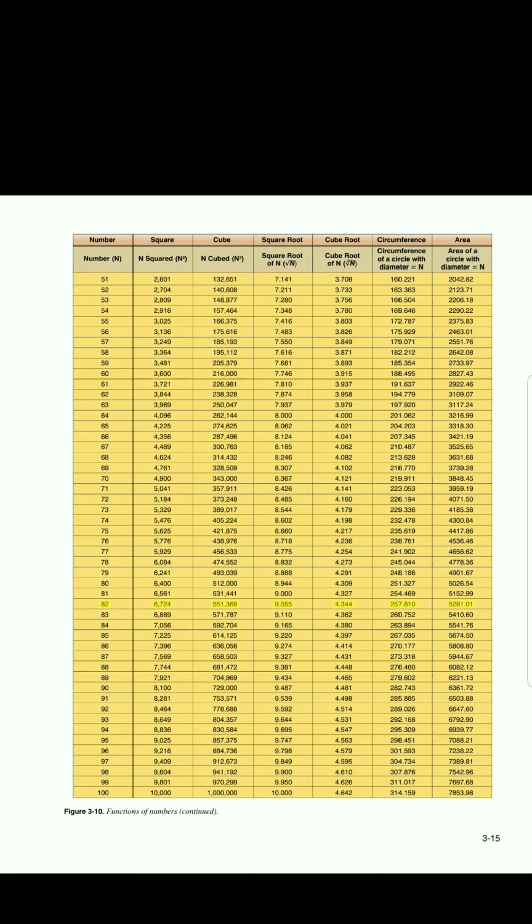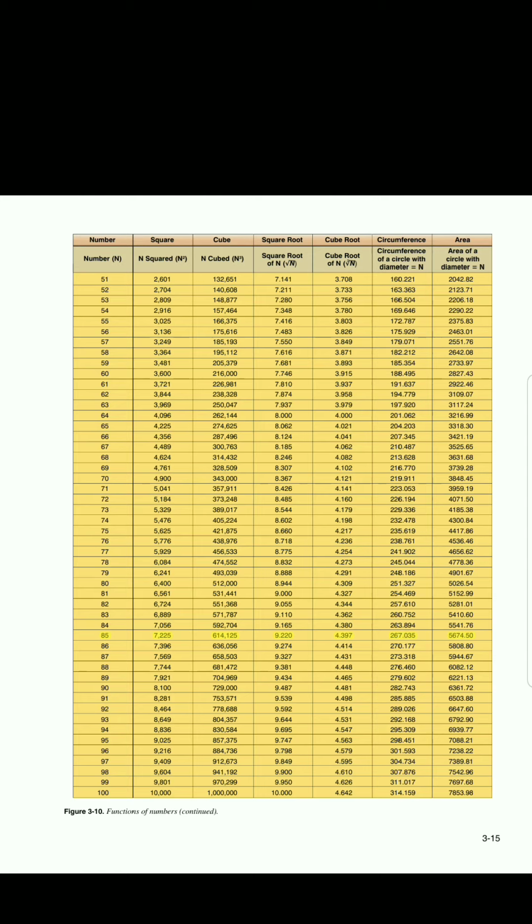551,368, 9.055, 4.344, 257,610, 5281.01. 83, 6,889, 571,787, 9.110, 4.362, 260,752, 5410.60. 84, 7,056, 592,704, 9.165, 4.380, 263,894, 5541.76. 85, 7,225,